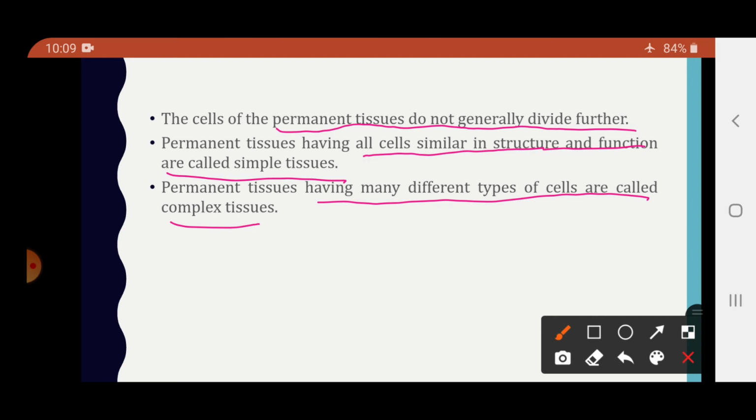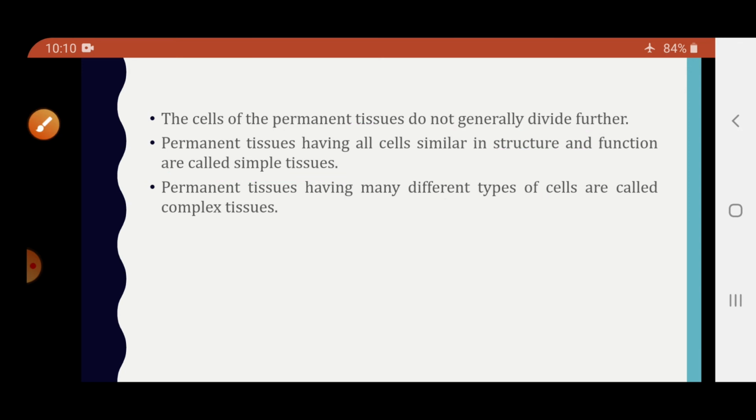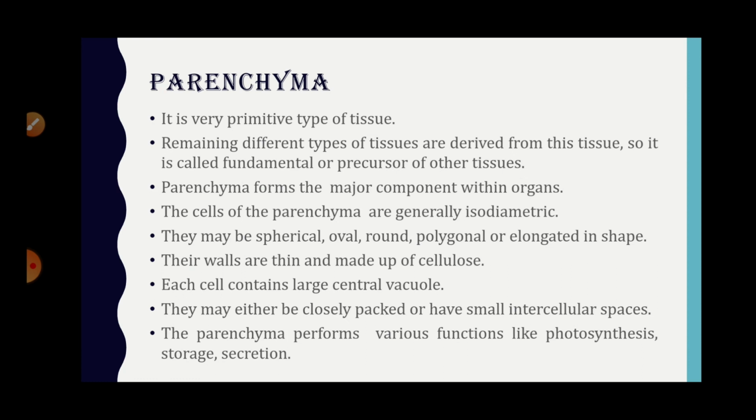Now students, permanent tissues are broadly divided into two categories. Whether the permanent tissue is made up of only one type of cell or more than one type of cell. So if a permanent tissue is made up of only one type of cell, यानी वो जो tissue है उसमें सिर्फ एक ही type के cells होते हैं, it is called as the simple permanent tissues. And those permanent tissues which are made up of more than one type of the cells, what are they called as? They are called as the complex tissues. See students, this is the classification given. We will see that,